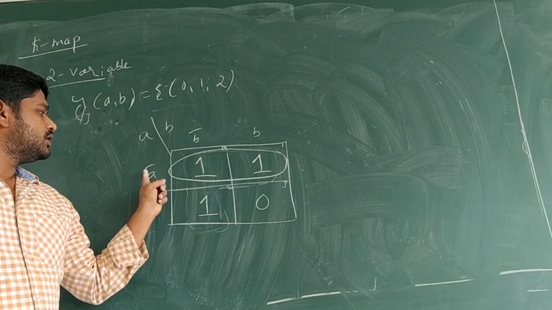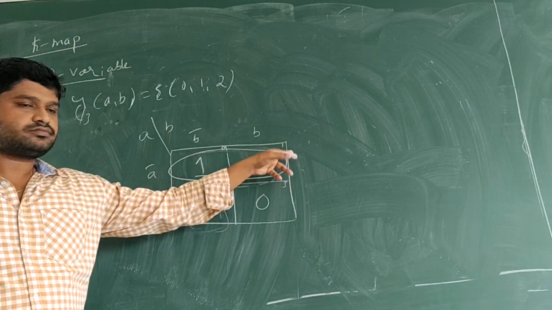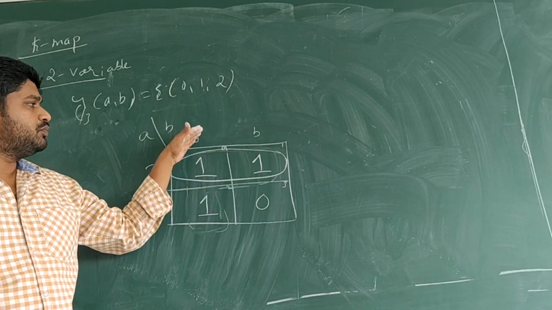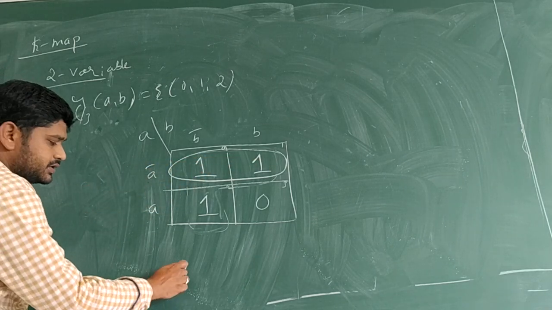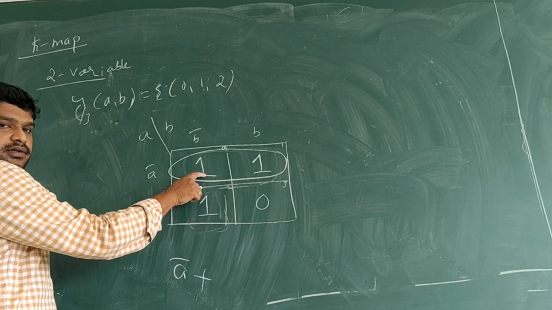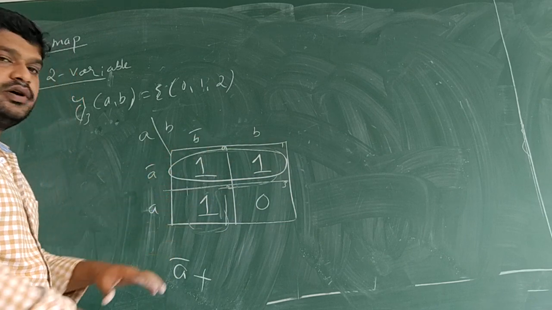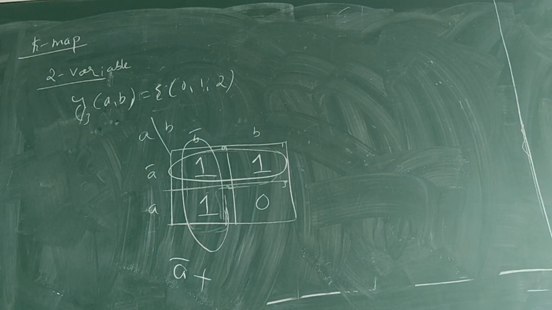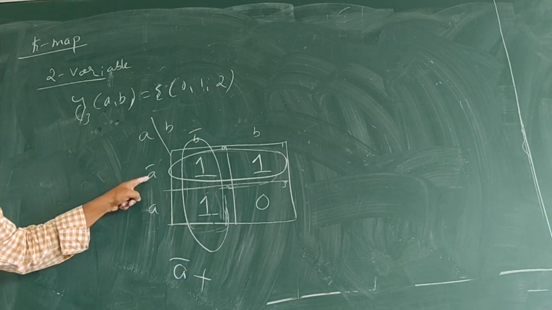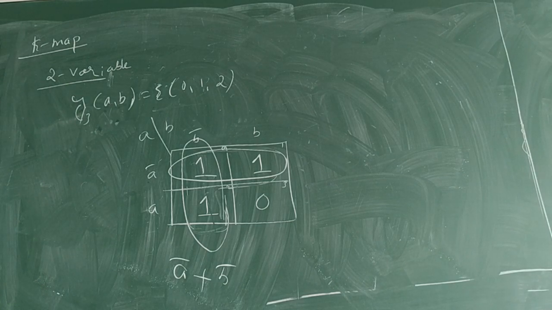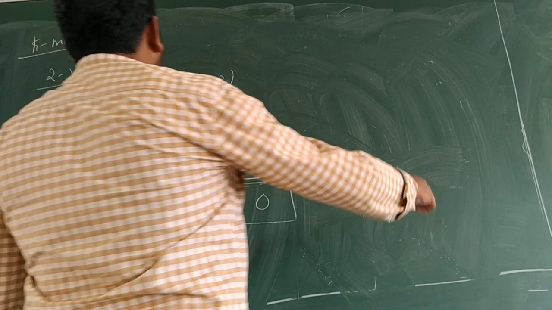Okay. What is the function of this? You have already solved it. See, it is row wise. Row wise means horizontal. Column variables will cancel, B bar and B. So you are left with what? A complement, directly. So it is one more possibility. No matter if this one is already present in some other cover, if it is possible, again consider it and put one more cover for the next 2 numbers, because 0 and 2 are also adjacent. So it is a vertical cover, hence the row variable cancels. We are left with A bar plus B bar. Is it clear? Okay.